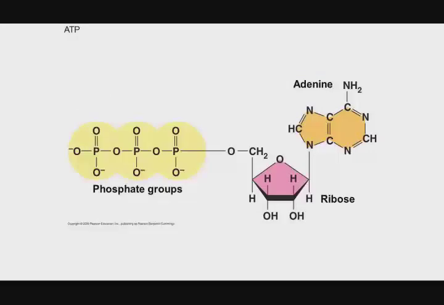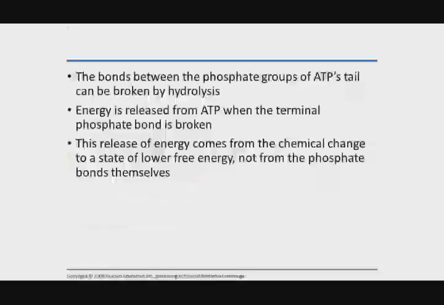So if you look at the structure here, you see the ribose. It's ribose. It's got two hydroxyl groups on the 2' and the 3' carbon. So this is basically the same thing that you incorporate into a growing RNA strand, right? But we're going to chop off 2 of those phosphates to do that. Now, the key is that this molecule has a high free energy. It is very unstable, in essence. And because of that instability, we can harvest energy from it when we break the phosphate bonds on the tail